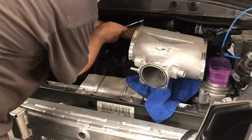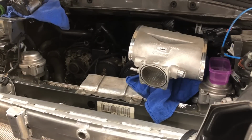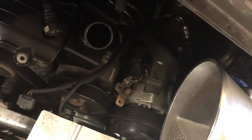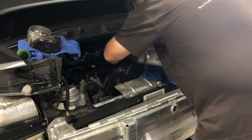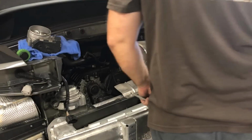So here it is right here. Yeah, you really can't miss it. It is right there. That air conditioner bolt behind the... right there. That sucker is too tall, I guess, for the metal plenum. And so it's got to come out. And let's see. That's the old one, and the new one is...